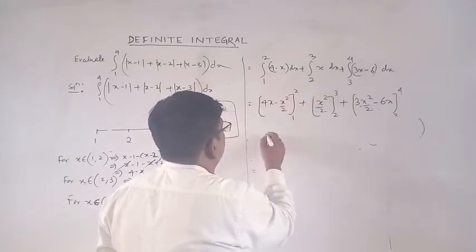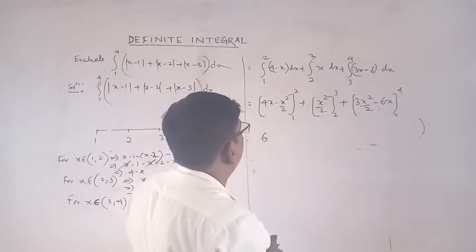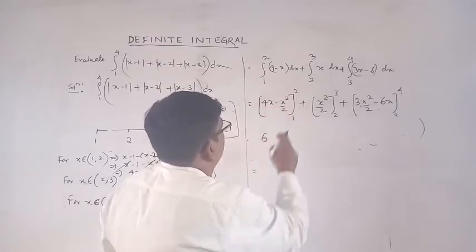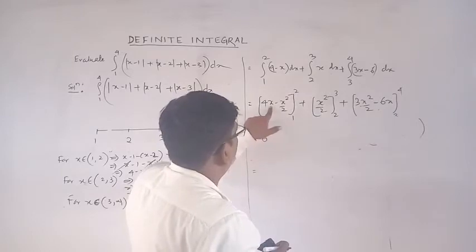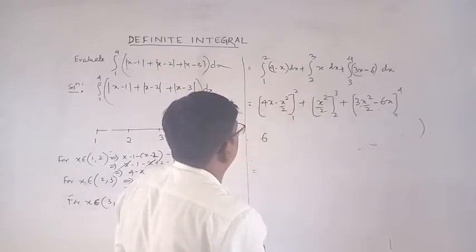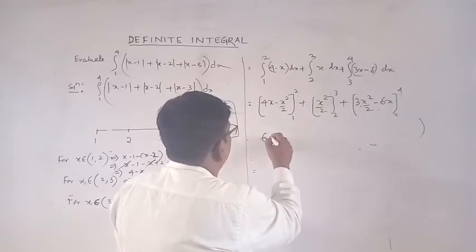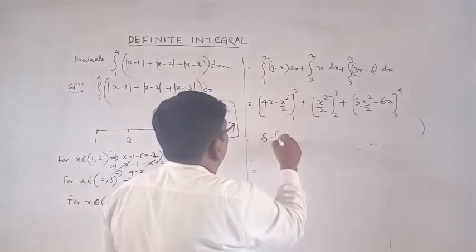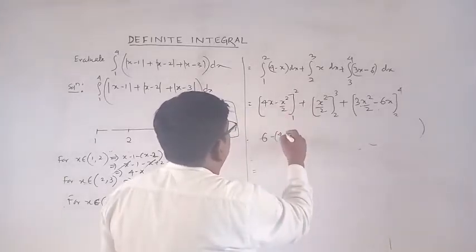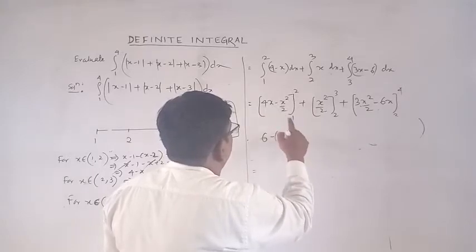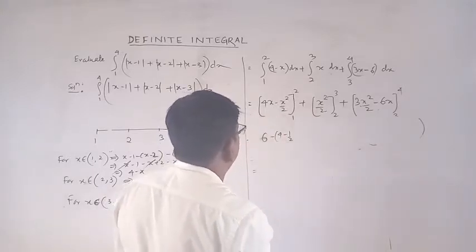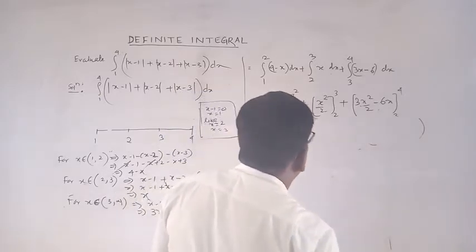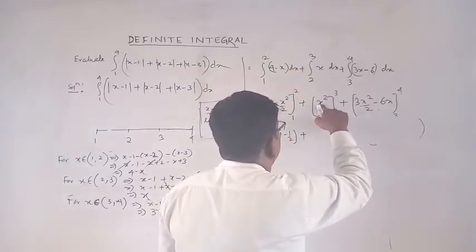So 6, this is 6, and okay, 8 minus what? 4 square by 2, that is 6, and put x is equal to 1 here. 4 minus 1 by 2. Okay, that is what? This is minus, put x is equal to 1, 4, and this is what? Minus 1 by 2. 4 minus 1 by 2. Okay, and finally put this 3 square means 9.